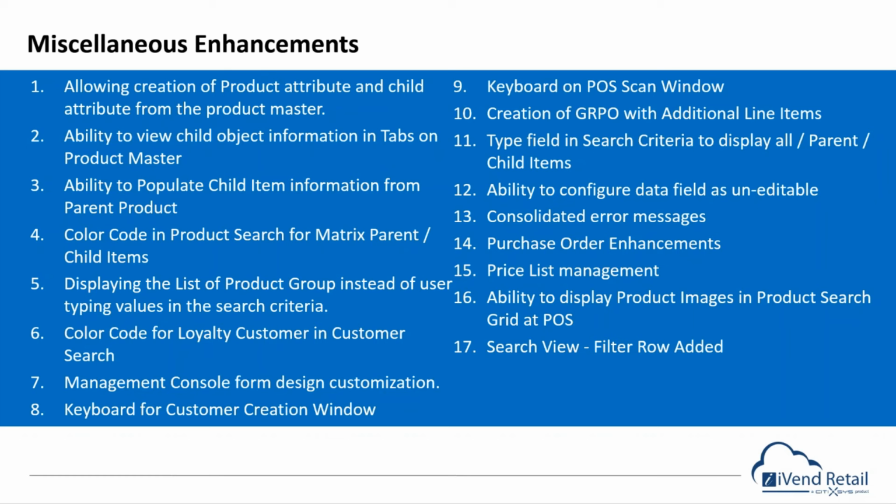Then talking about the different transactions, what we've done is for GRPO, goods receipt against a purchase order, we now have allowed the facility the ability to either over-receive, under-receive, or receive a completely different item. Many times it so happens that all that is mentioned in the purchase order certainly arrives, but either additional items arrive or a different quantity arrives. So you can do under and over receiving at the GRPO level, a goods receipt purchase order level,